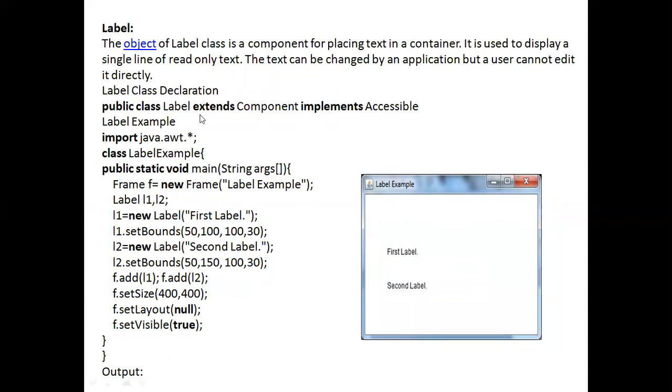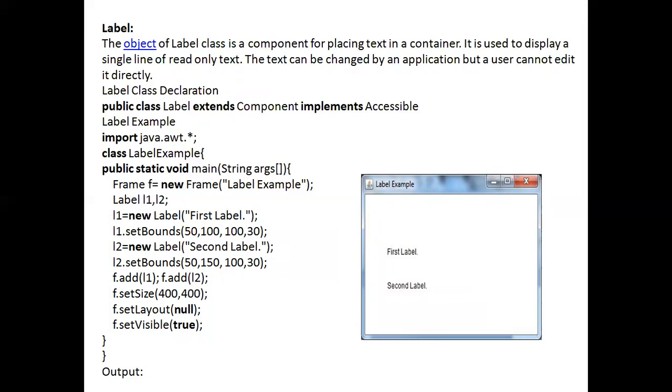Coming to the Label, the Label class is a component for placing text in a container. We can place text in a container by using the Label class. It is used to display a single line of read-only text. So we cannot edit the text after it is placed inside the container.